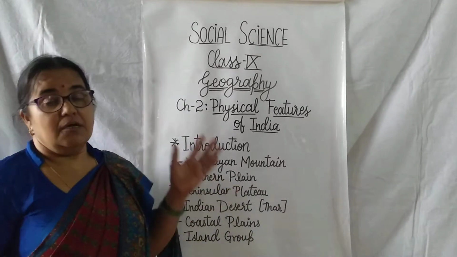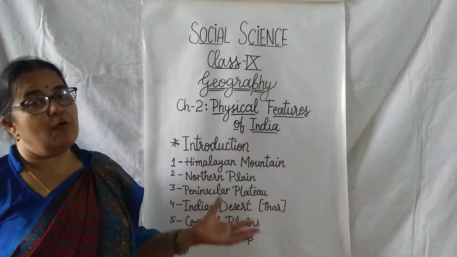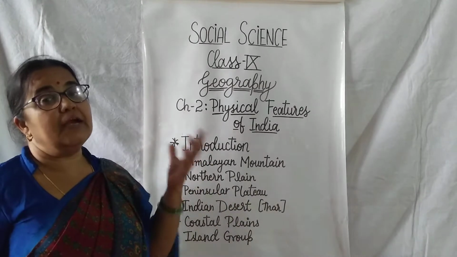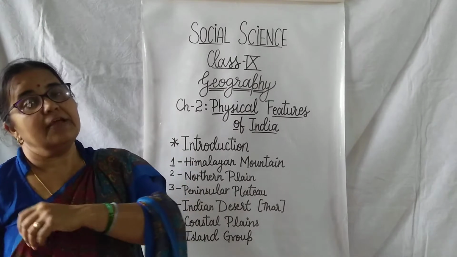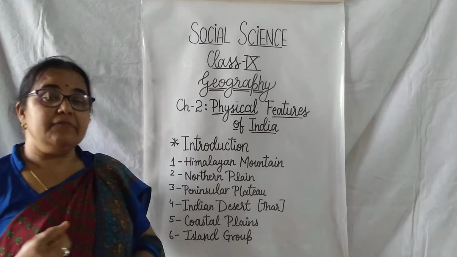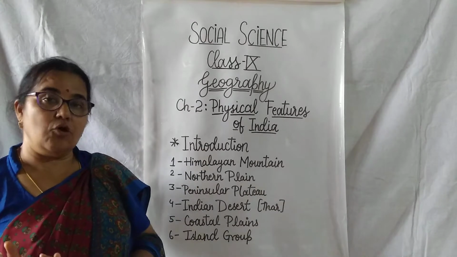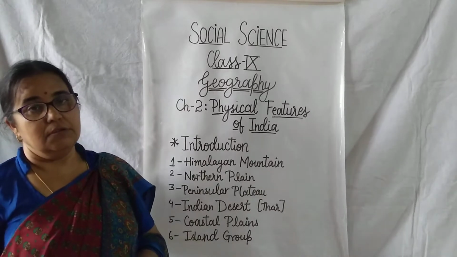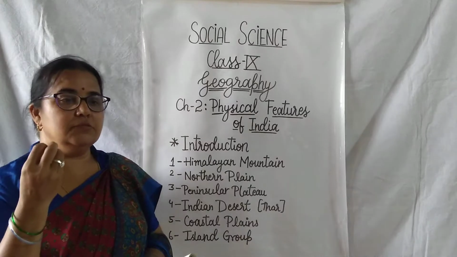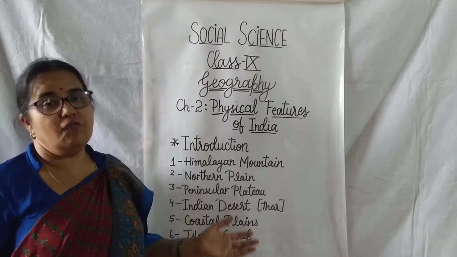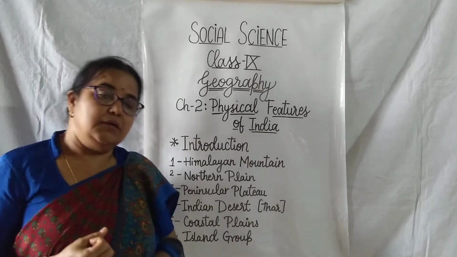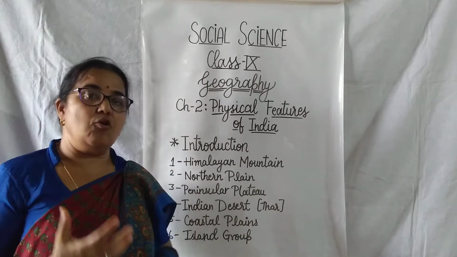These features are formed by different types of rocks. In 6th, 7th, and 8th we have read about different types. There are different types of rocks. It may be very hard rock, it may be soft rock. Hard, just like marble, you can say. And even talcum powder is made from a rock that is very soft. So different types of rocks are responsible for the formation of all these features. The main source of making these features is rocks.